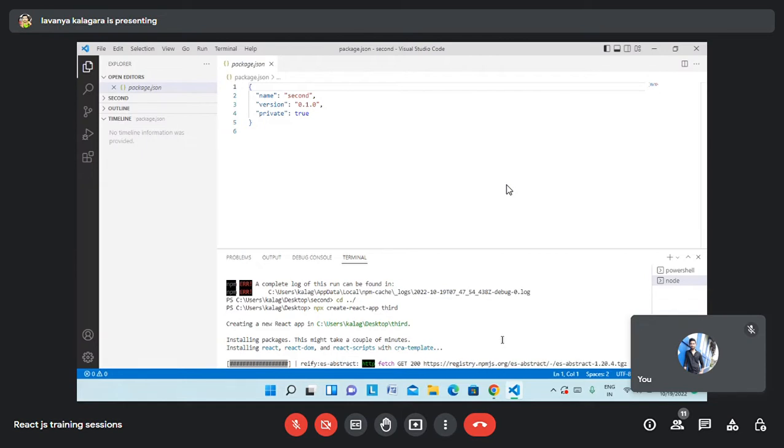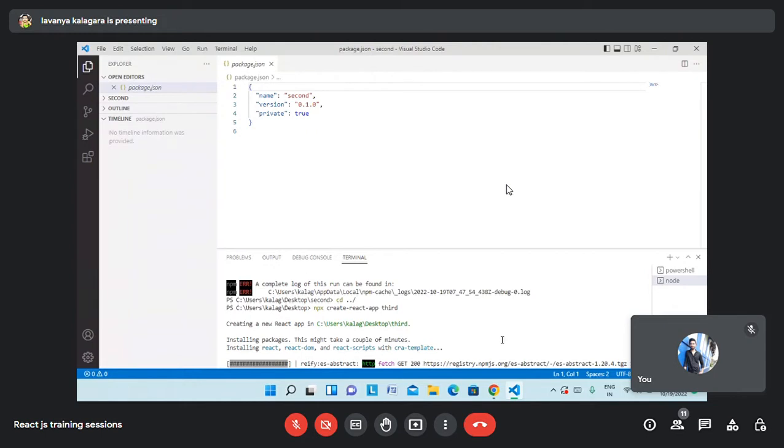We'll wait for a couple of more minutes for Lavanya's work to be completed. If it takes more time, then we'll start the other things while Lavanya still tries to do it. In the meantime, Lavanya, go to File, Open Folder,